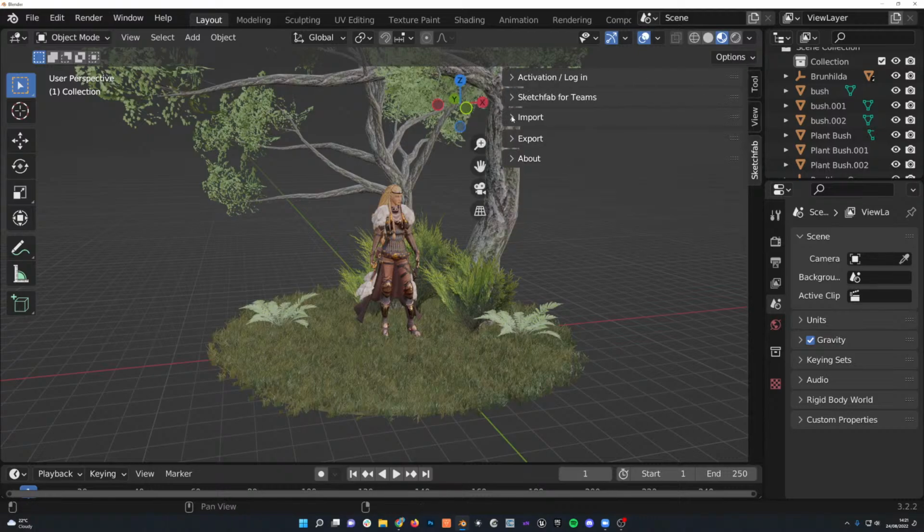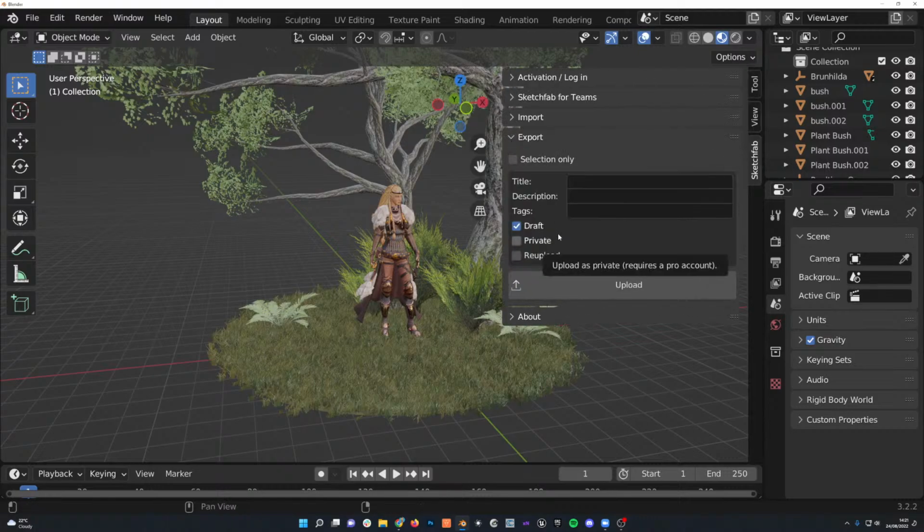I think I'm ready to send this to Sketchfab. So I've just pulled out the Sketchfab menu again and rolled out the export menu, and we've got a few fields here, a title, Blender plugin scene, call it that. We could give it a description. I'm not going to do that right now. And we can also give it a set of tags. So if we separate them with a comma, at least I think you separate them with a comma,